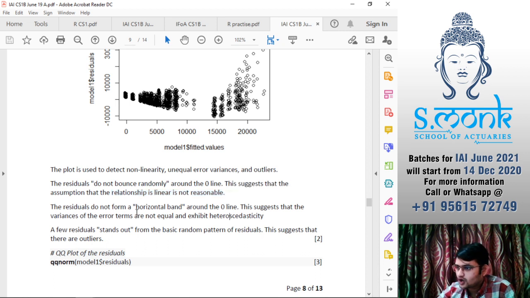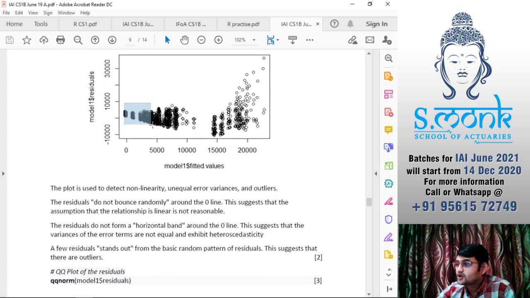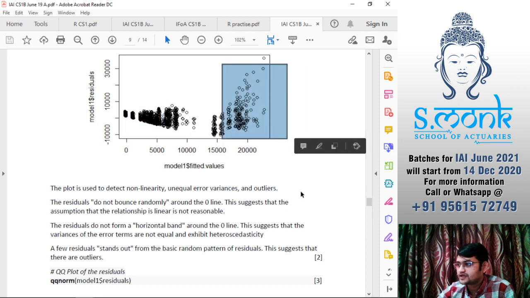The residuals do not form a horizontal band around line 0. This suggests that the variance of the error terms is not equal and exhibits heteroscedasticity. I don't know what that word means, but I'm assuming that because you can see here we have low variance and here we have very high variance.